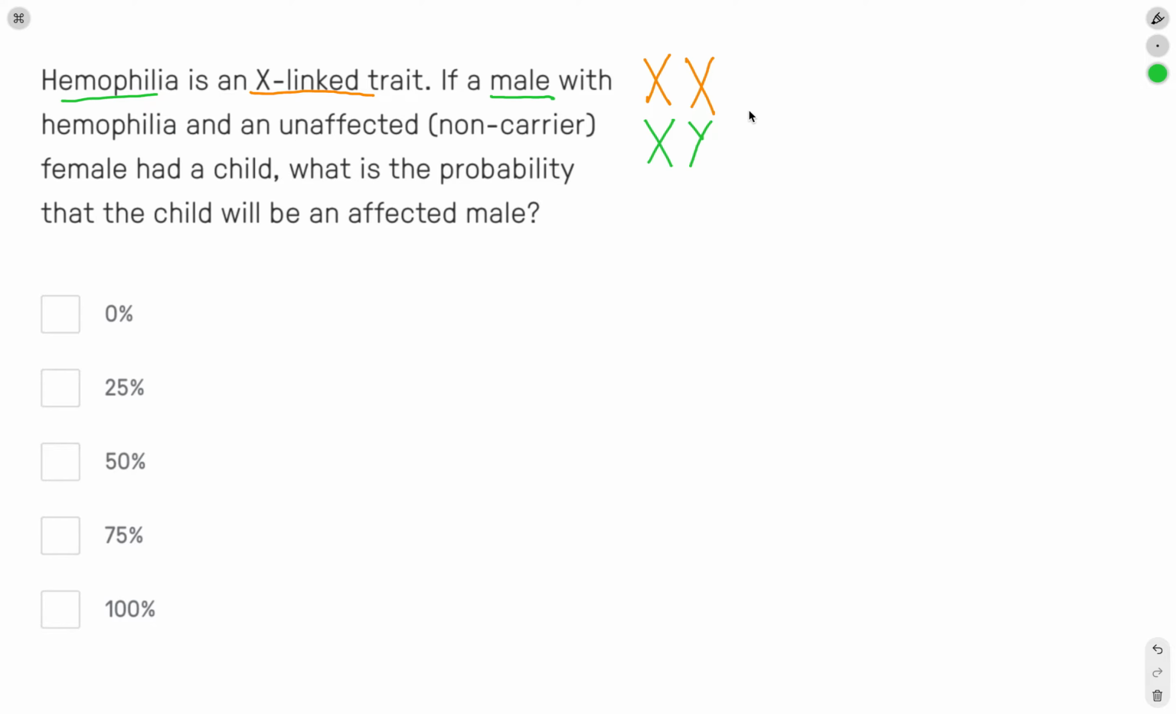So we have a male here with hemophilia, which is a recessive trait, right? So he has hemophilia, so in our pedigree here, we paint the square. And an unaffected non-carrier, well, let's change color here. She's an unaffected non-carrier. That means she is homozygous, an unaffected female, right? If she was a carrier,